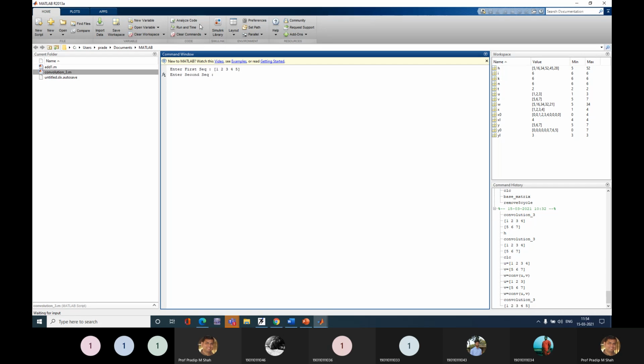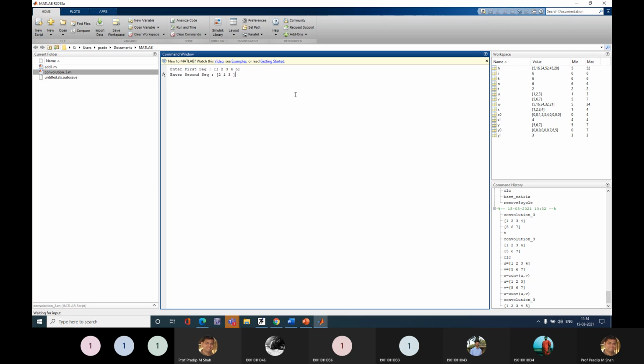This is my first sequence. After entering the first sequence, it asks to enter the second sequence. I'll choose the size for the first sequence as 5, for the second sequence 3.